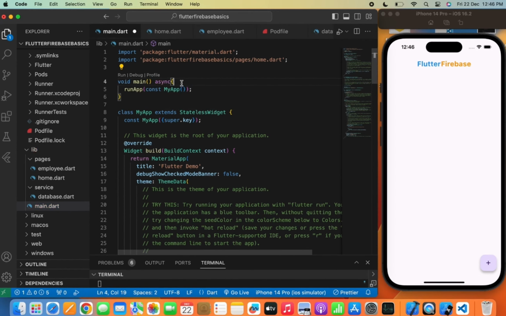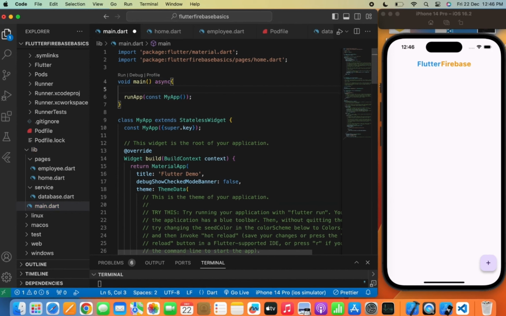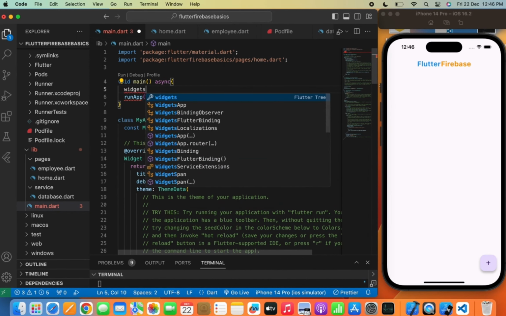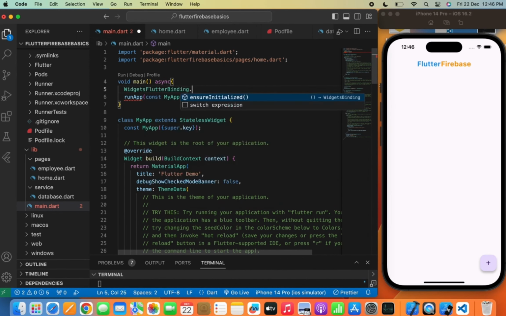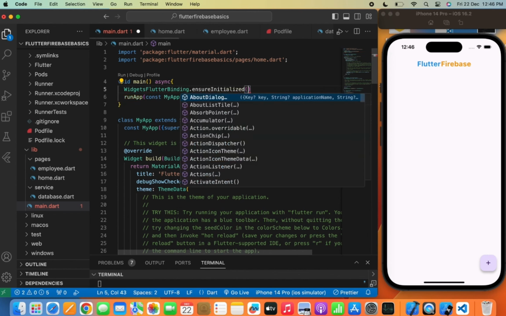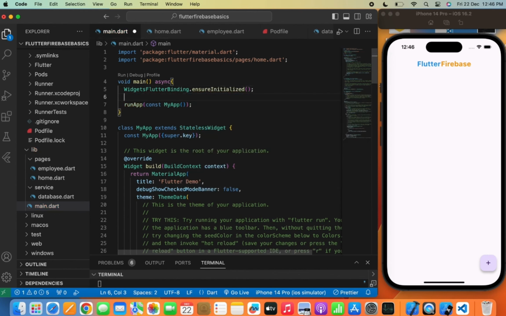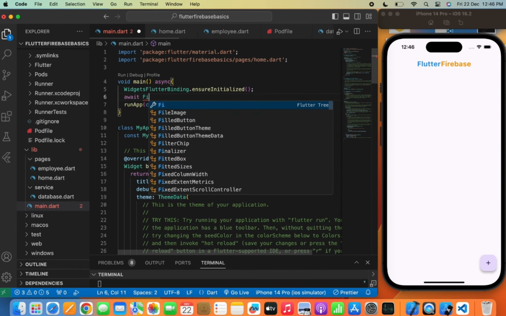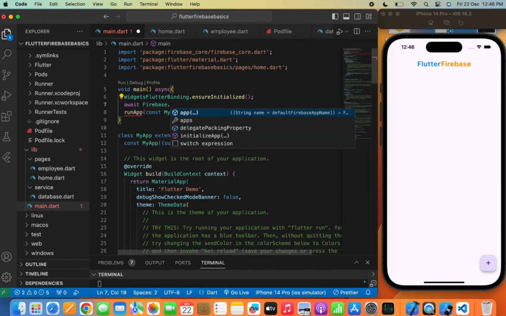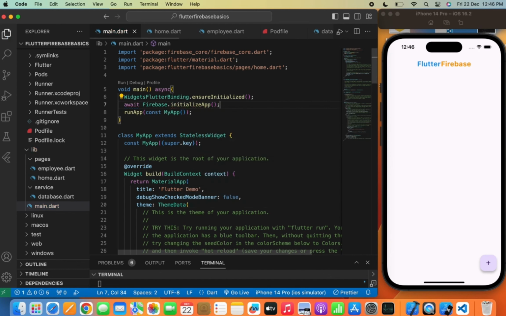So our app has launched successfully. Now, before uploading the details to the Firestore database, we need to go to the main.dart file and add a few lines to enable Firebase in our Flutter app. So we'll write in a void main function async, and we'll write WidgetsFlutterBinding.ensureInitialized, and we'll write await Firebase.initializeApp. Do not forget to add this line in your main.dart file, otherwise you can't upload the details to